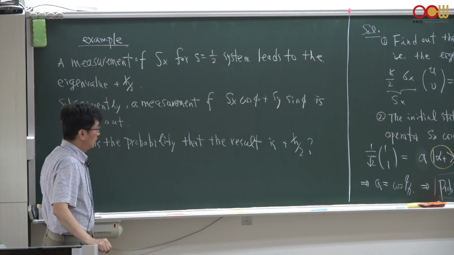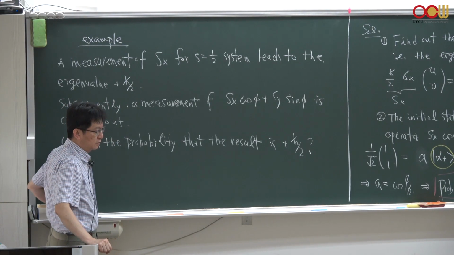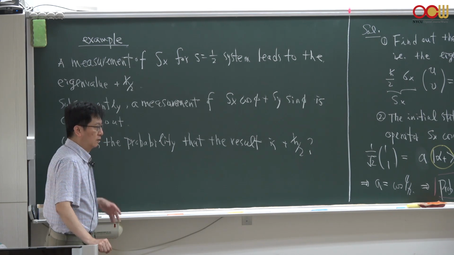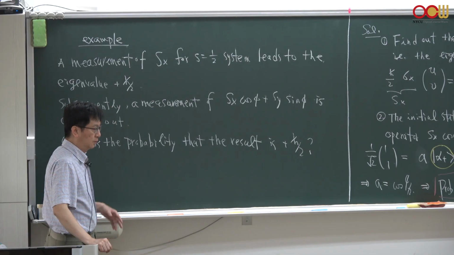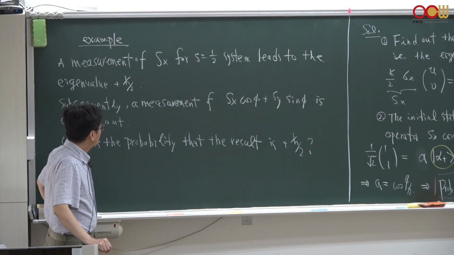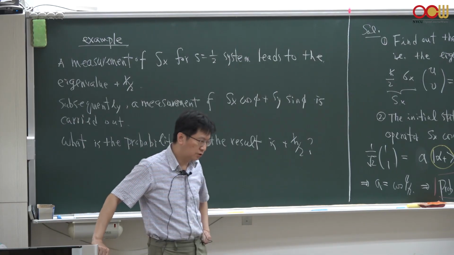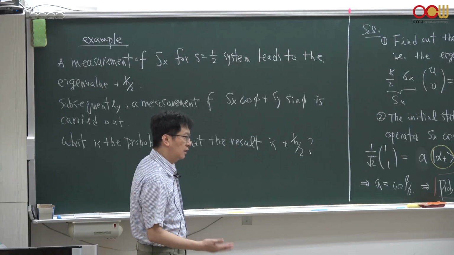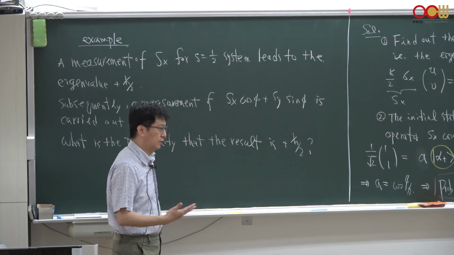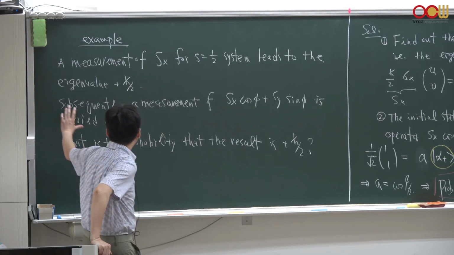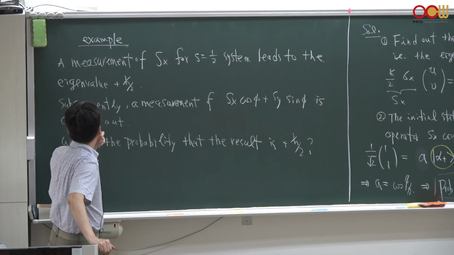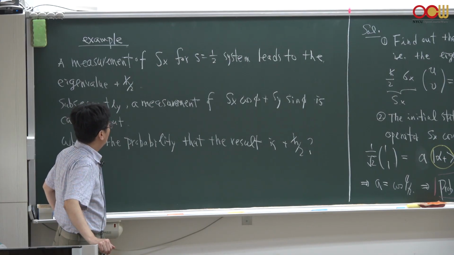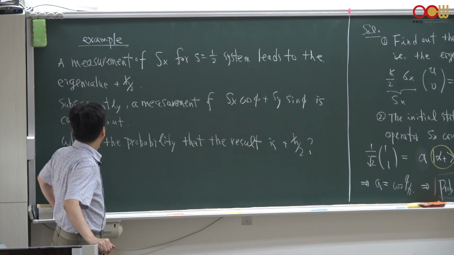And this example is the exercise to learn this kind of quantum mechanical measurements, in particular multiple measurements, and the probability to actually get some eigenvalues after, say, a second measurement. But we need to study what happened after the first measurement. So this exercise tells us that the first measurement of the Sx for a spin 1/2 system leads to this